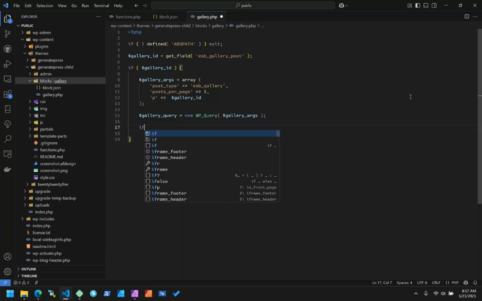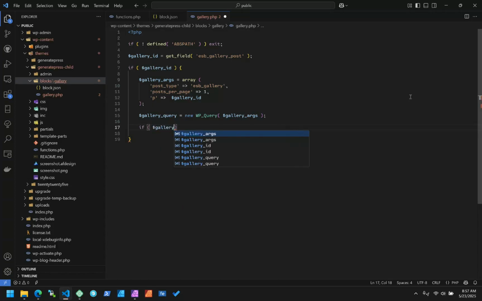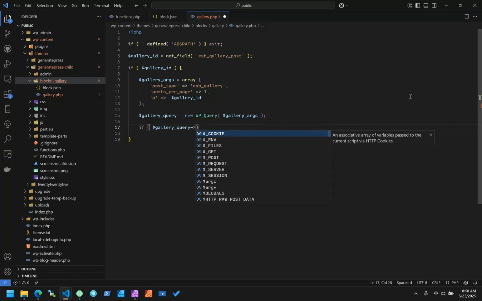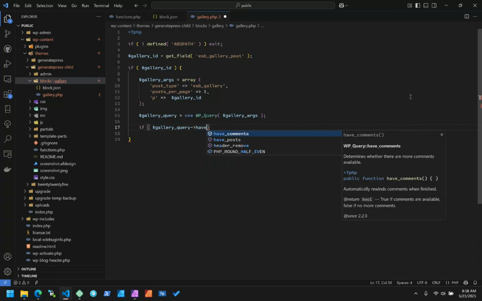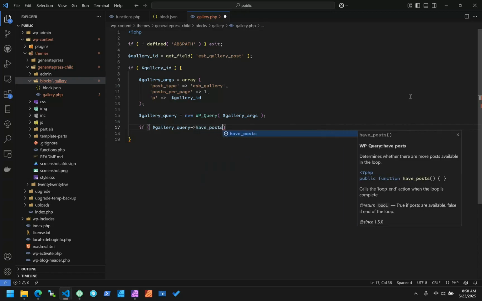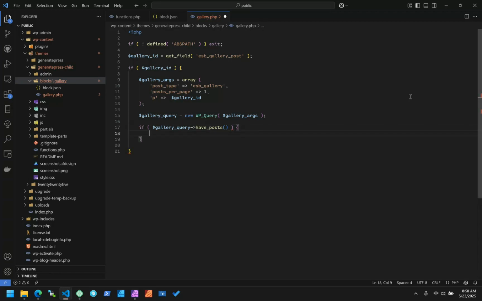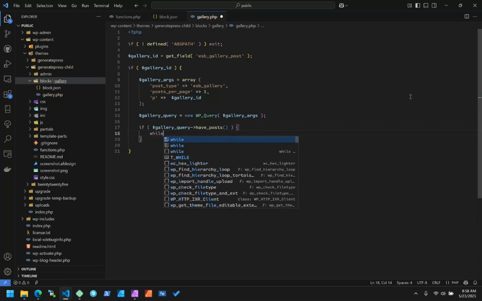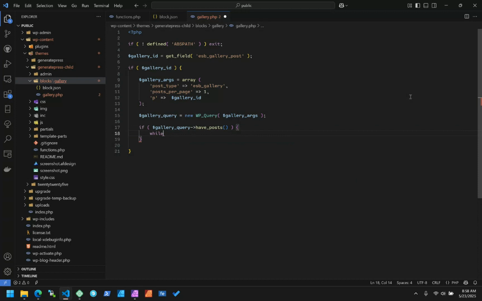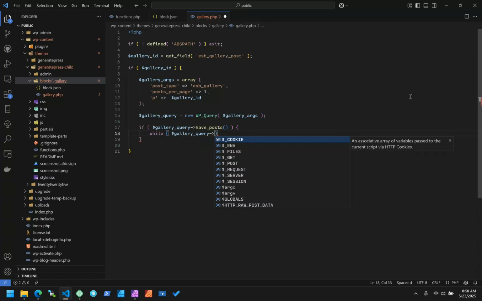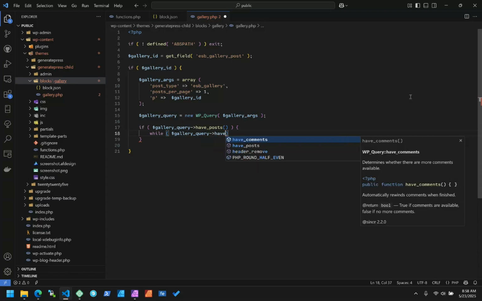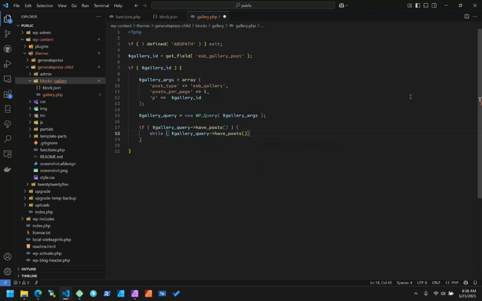This is pretty basic. If that query returns something, so within that query, if it has posts, let's do some stuff. While it has posts, let me do a space there. Gallery query, while have posts, we're going to,